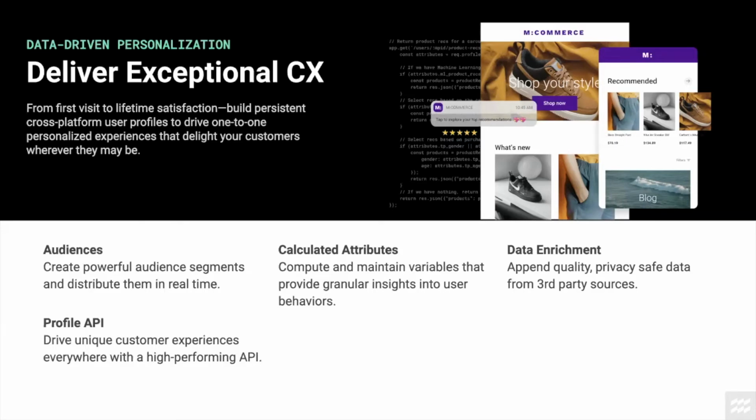And then we have calculated attributes that we recently launched to compute and maintain variables. So for marketers and product managers that may not want to send and offload a lot of these analytics down to their BI tool or Looker, they can actually calculate those entities within mParticle and then apply them on top of audiences, apply them in the user profiles, and send or forward them out as event attributes out to partners,